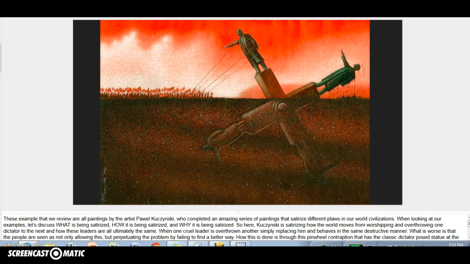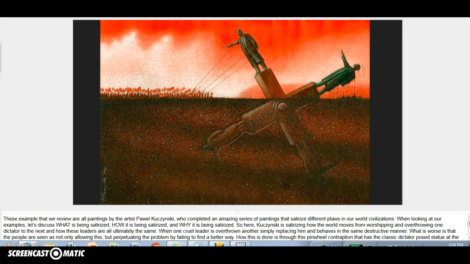So let's take a look at our first image. These examples that we're going to review are all paintings by the artist Pawel Kuczynski. He completed an amazing series of paintings that satirize different flaws in our world civilizations. So when you look at these examples, we're going to discuss what is being satirized, how it's being satirized, and